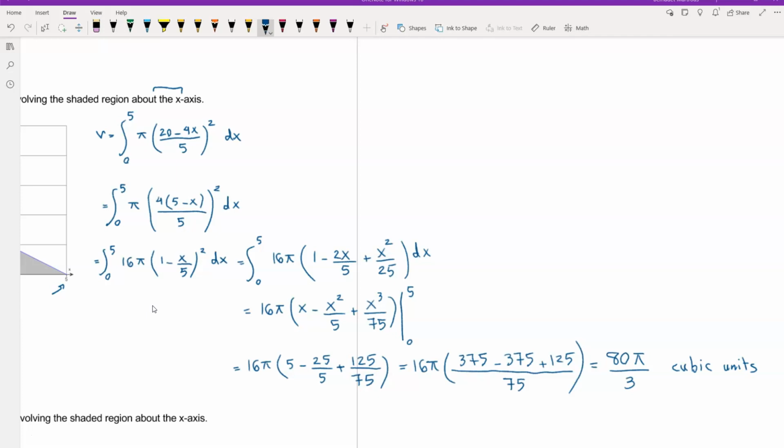And then using the power, 4 squared is 16, times pi times, we can simplify this part. 5 divided by 5 is 1, and we have x divided by 5, so this is 1 minus x over 5, squared. Now this part, 1 minus x divided by 5 squared, is equal to 1 minus 2x over 5 plus x squared over 25. Now finding the integral, we have 16 pi times